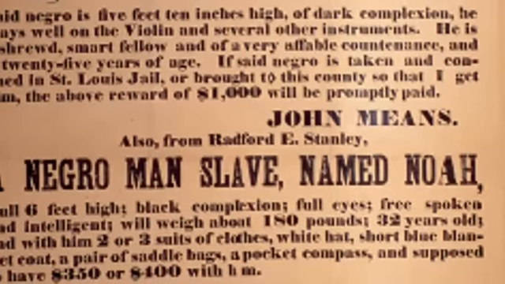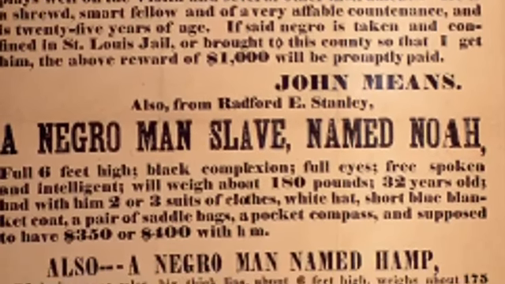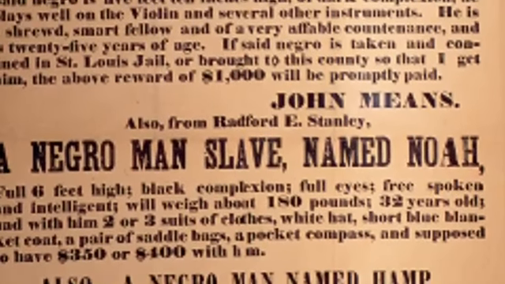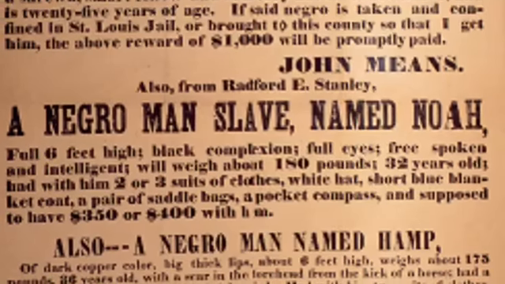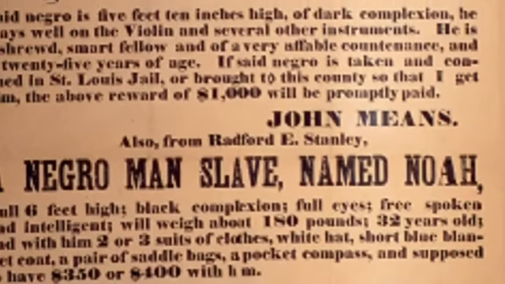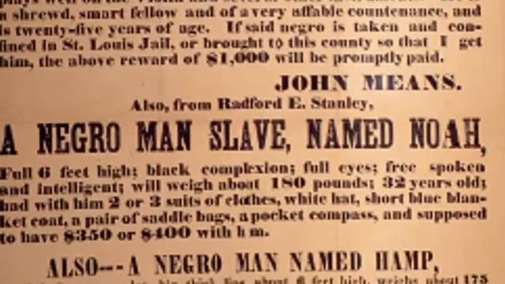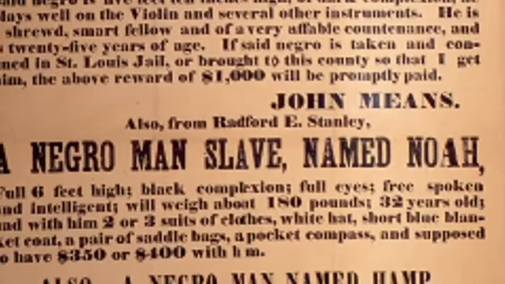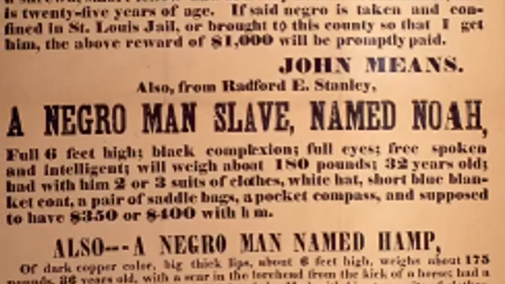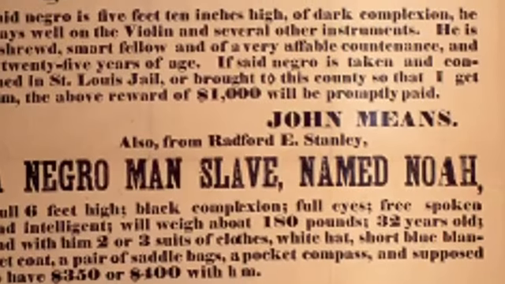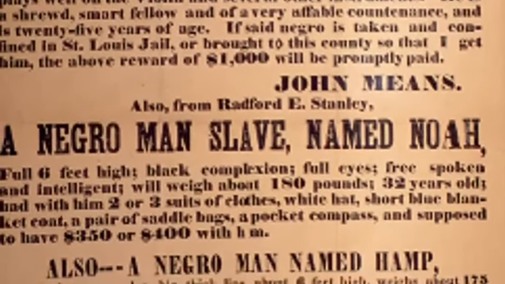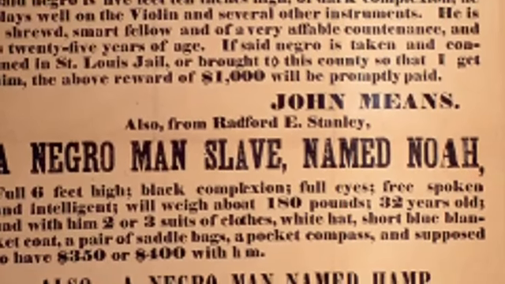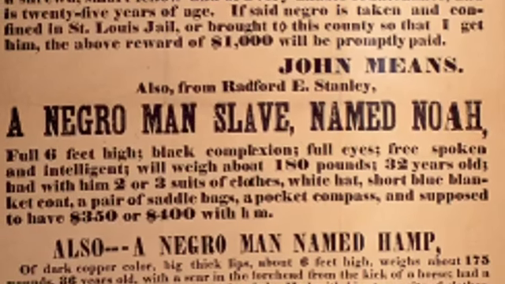If any person or persons shall, from and after the passing of this act, by force and violence, take and carry away, or cause to be taken or carried away, and shall, by fraud or false pretense, seduce or cause to be seduced, or shall attempt so to take, carry away, or seduce any Negro or mulatto from any part or parts of this Commonwealth to any other place or places whatsoever out of this Commonwealth, with a design and intention of selling and disposing of, or causing to be sold, or of keeping and detaining, or of causing to be kept and detained such Negro or mulatto as a slave or servant for life, or for any other term whatsoever.